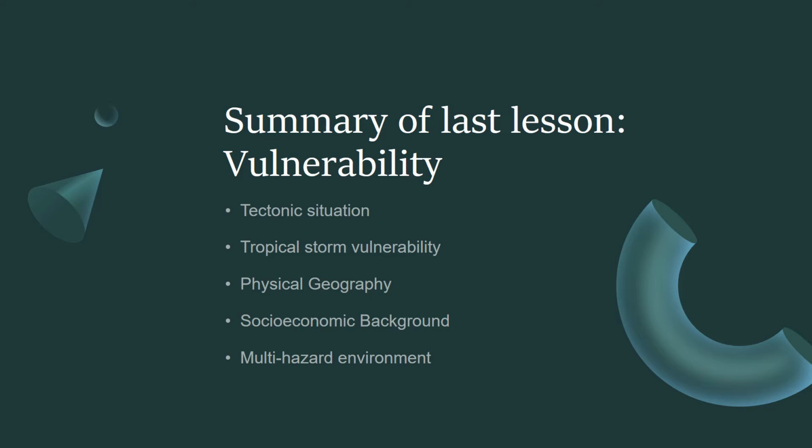So you've got the threat of powerful earthquakes, plus that related secondary threat of tsunami, which we know how devastating that can be from examples we've seen. We've also got volcanoes, and the type of volcanoes that can be very explosive due to that viscous magma. We then looked at the tropical storm vulnerability.